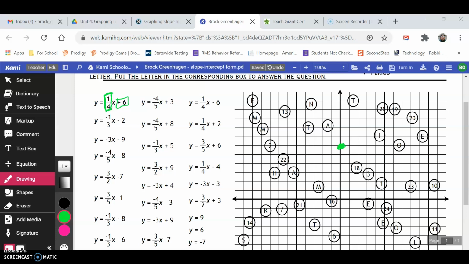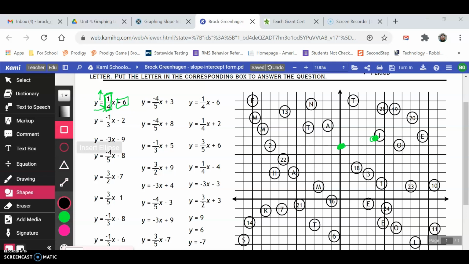You can use your mouse and do the drawing technique over on that side. And then from there, you're going to do positive 1. So remember that means to go up 1 and always to the right 4. So from that spot, you're going to go up 1, 1, 2, 3, 4 to the right. All right? Then what you're going to do,